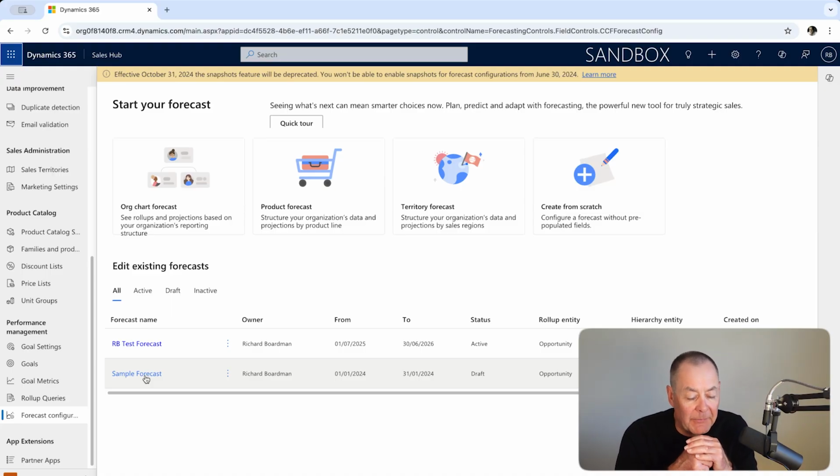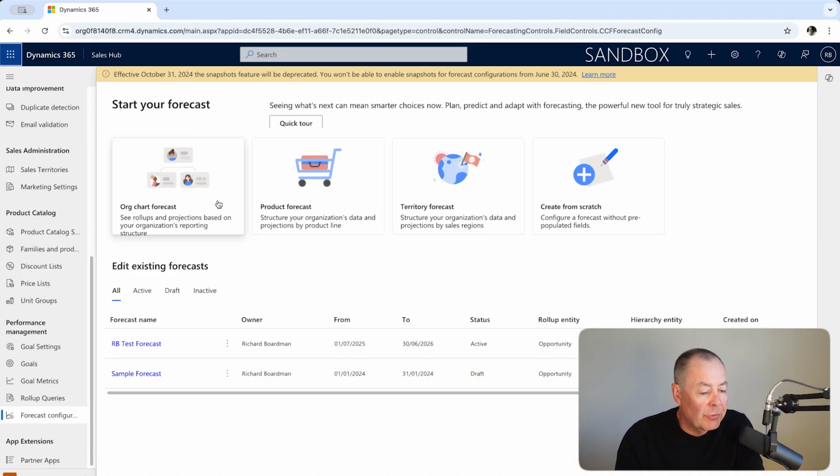It's a little bit limited. It assumes your current quota is going to be based on what you sold the previous month. So it's not ideal. You probably do want to set up your forecast in the background, configure your forecast. I'll just walk you through creating one. You can create one from scratch, but that means you've got to fill in quite a lot of fields. But you do have some